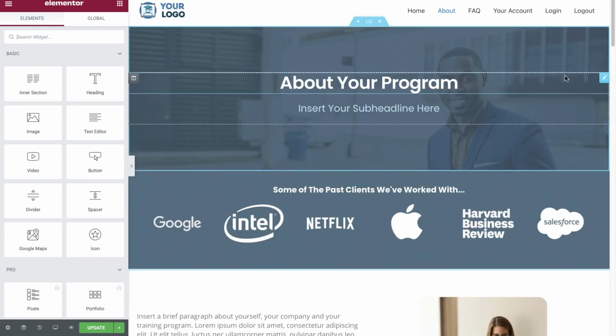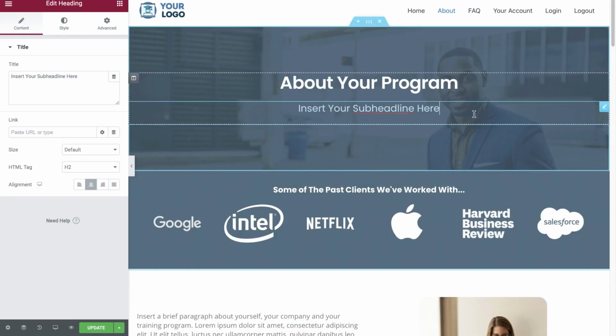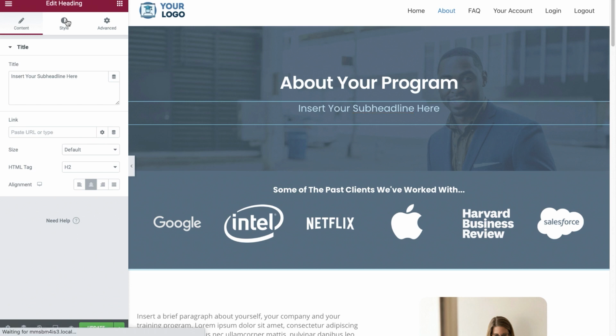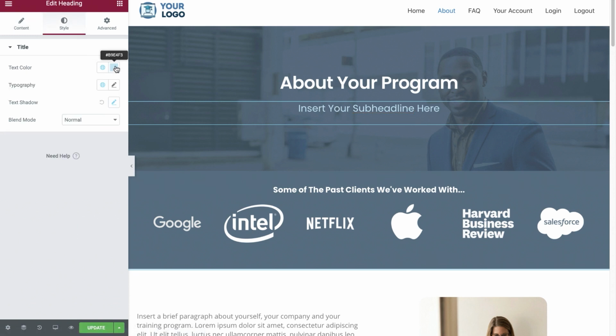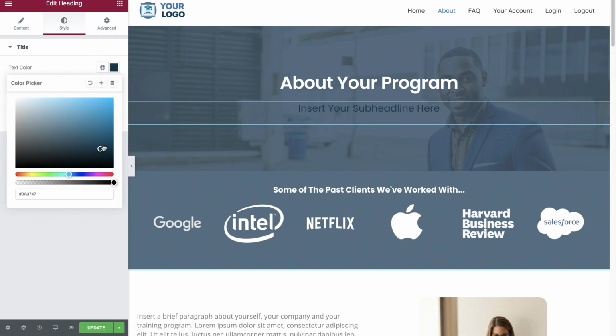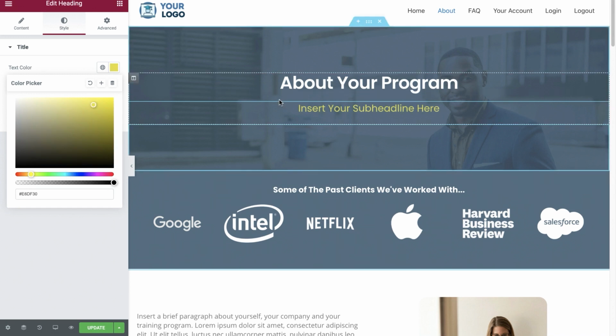One thing that you can also do is change different colors. So for example, right here, if I wanted to change the color, I'd come to the Style tab and I would click on Text Color, and then now I could change this. So I could make it white, I could make it any color that I wanted to using the color picker here. However, going through and changing all these would be very time consuming, and that's why we've actually integrated everything